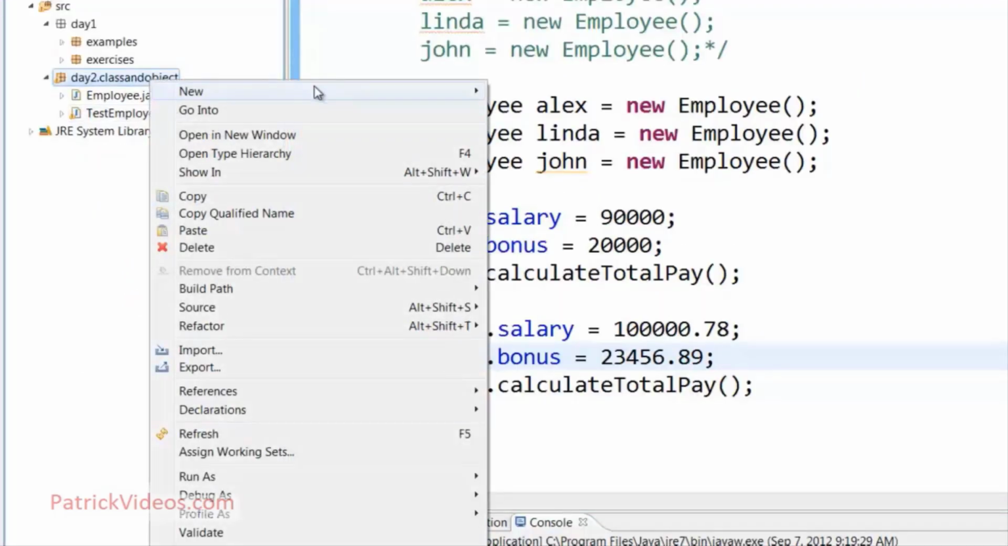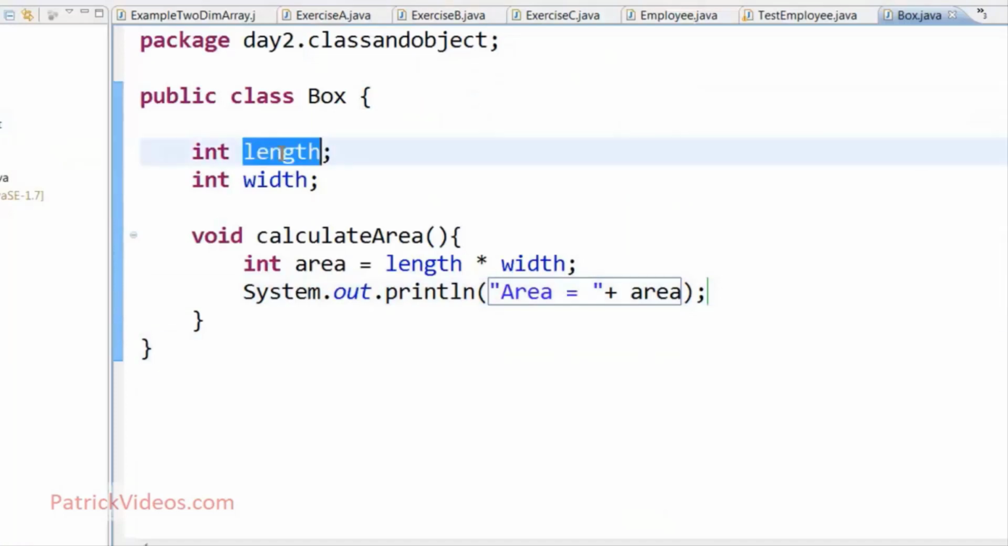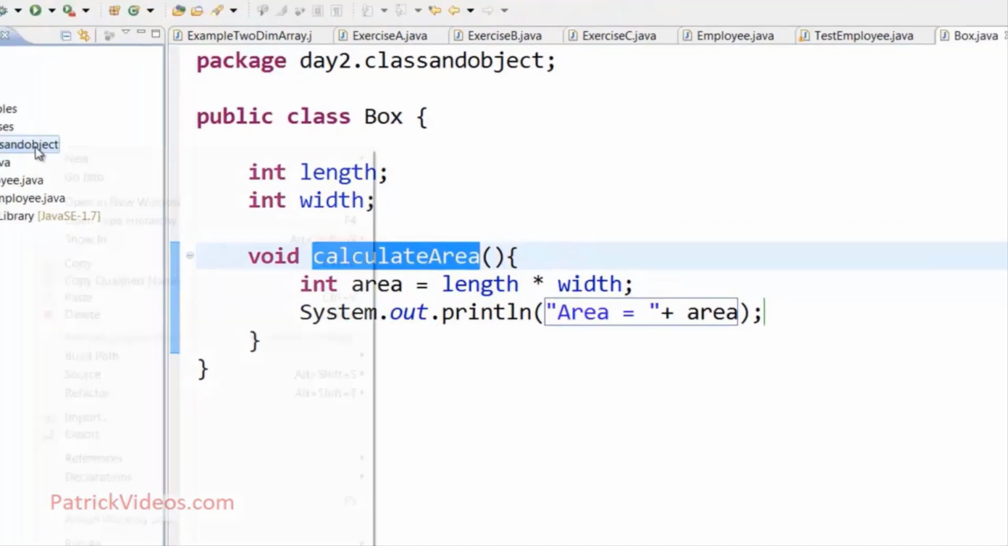I'm going to right click on this package, new class. So in this box class, I have a length, width, and a calculate area method, which basically multiplies the length and width and then prints out area equal to area. And to test this box class, I'm going to create a test box class